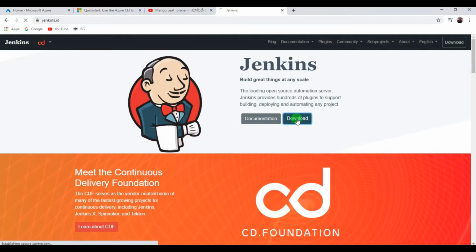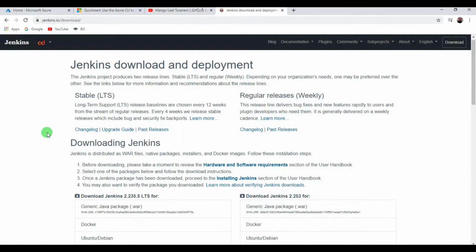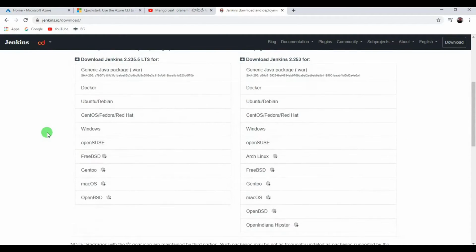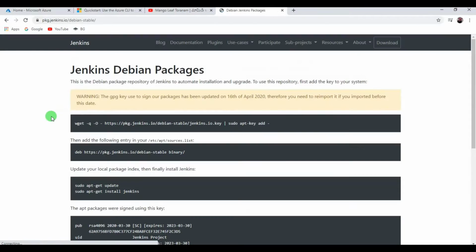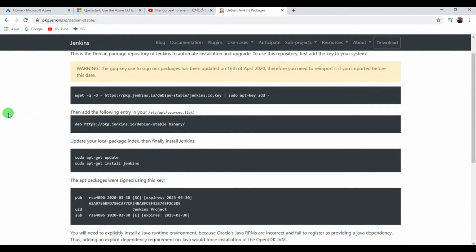On the home page, click on the download link, scroll down, under the stable release, look for the Ubuntu version. So here is the one. Click on Ubuntu Debian. To download Jenkins directly on the VM, we should add the repository of Jenkins. So this is the command to add the Jenkins repository on top of the Azure VM.